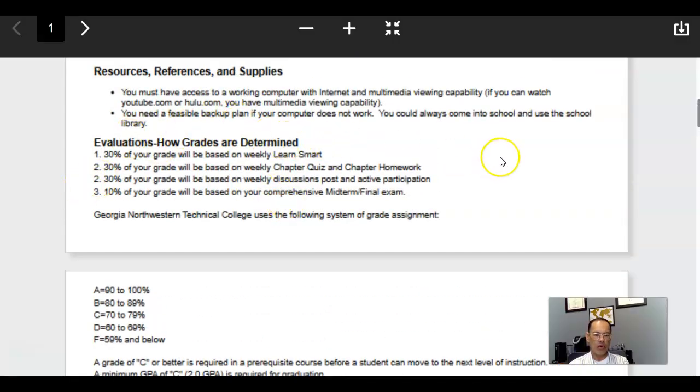This is how you are being graded. 30% of your grade overall is going to be what's considered the Learn Smart, also called a Smart Book. It's sort of like forcing you to go through the chapter, read some of the book, and then it's asking you questions at the end. Now, this is an adaptive learning technology, which means that if you tell it, I know this information, it's going to move on.